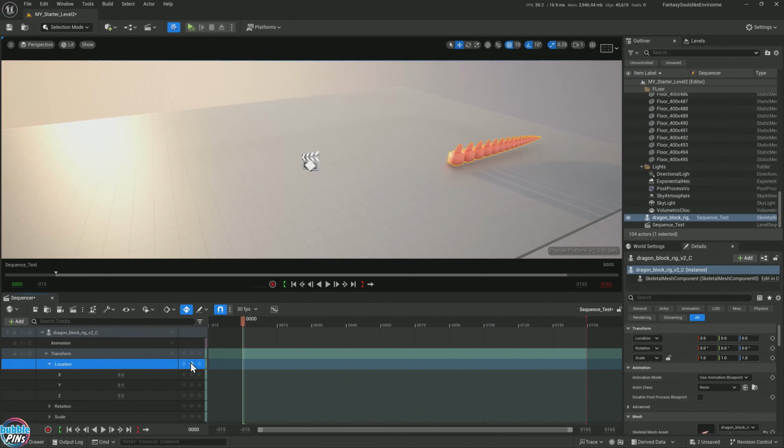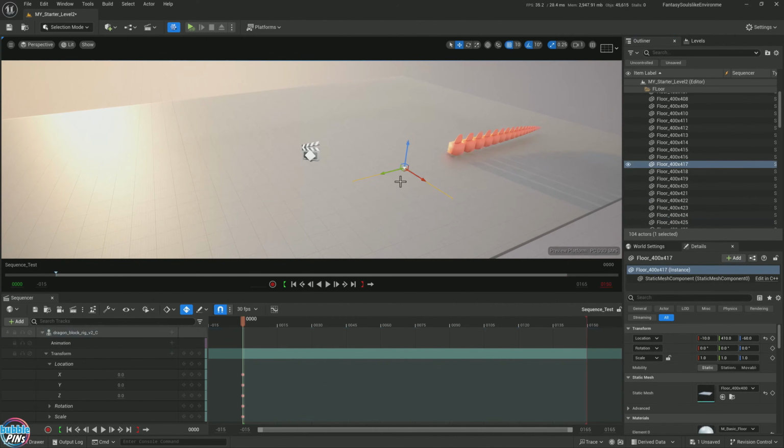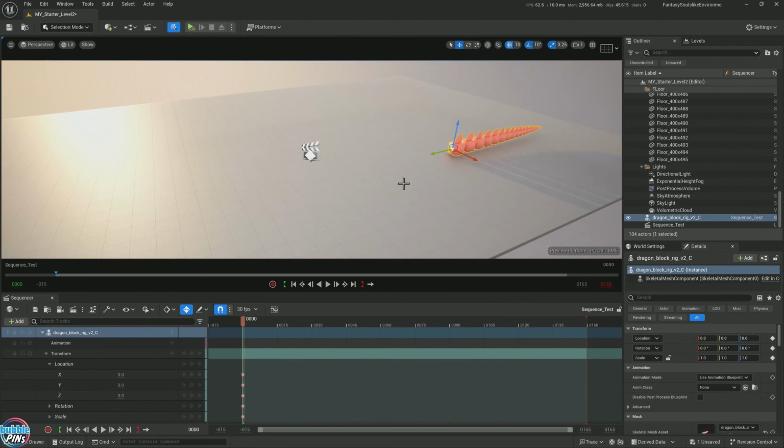Okay, let's add a location keyframe here first. Okay, let's add one for the X, Y, Z. So now your widget comes up. Now, if your widget fails to come up, I find that it's sometimes a little glitchy. Even if you press the W, E, R, trying to get it to activate, or if you try and flip it and it just doesn't appear,